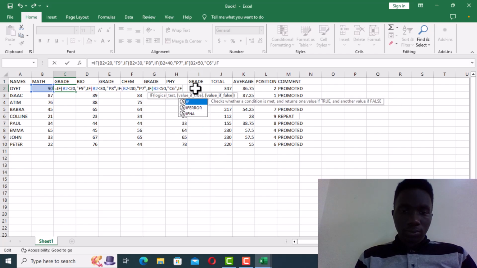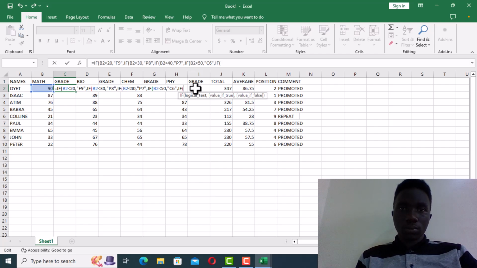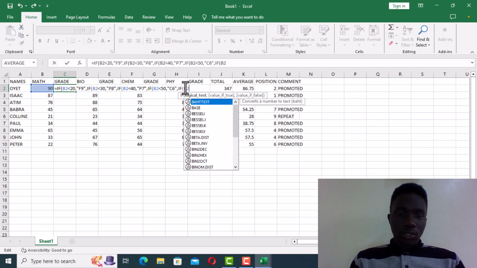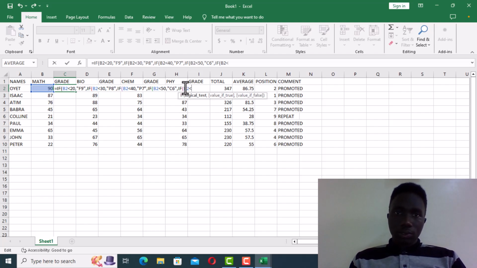if, open bracket, so if b2 is less than 60, comma, that's a C5, that's a grade 5, so we will give it C5,